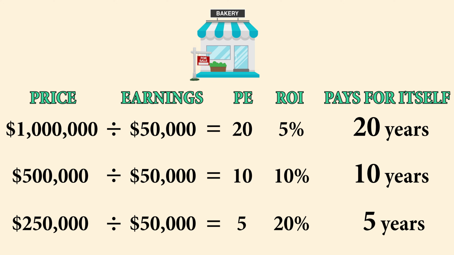The hidden lesson here is that the PE ratio works the same whether you're looking at it from the perspective of the entire company, like this bakery example, or from the perspective of owning just a percentage of the company through shares of stock. All that a share of stock is, after all, is just a piece of the company's ownership. Okay, now let's bring it back to stocks, and we'll look at Coca-Cola stock.